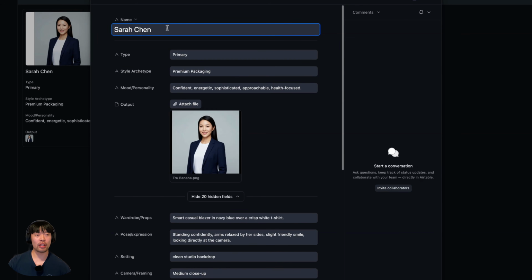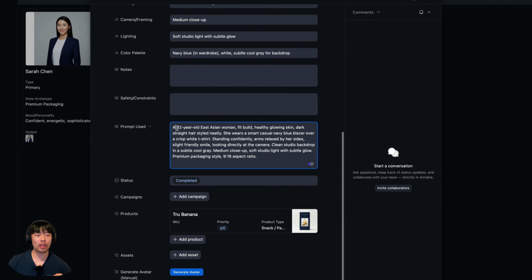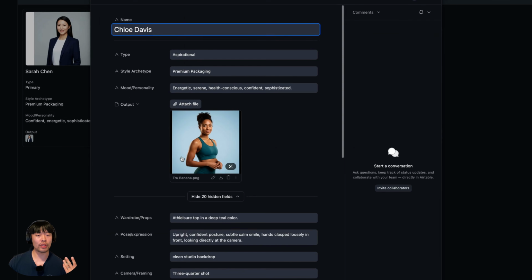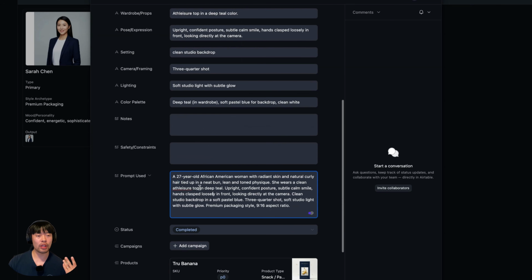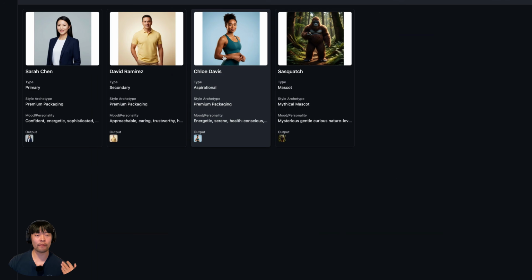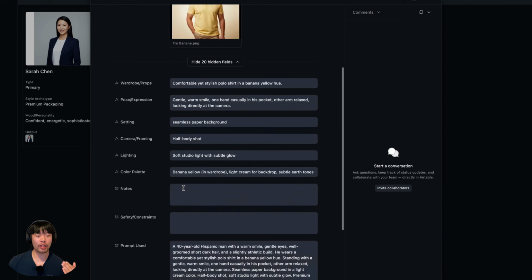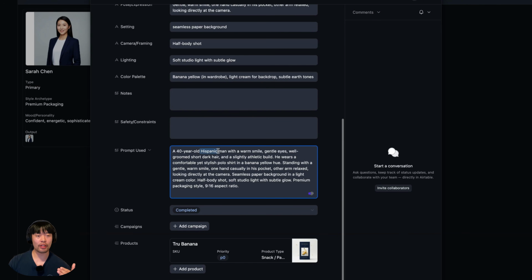As you can see, the first profile is Sarah Chan. And if you see this prompt used, 32-year-old East Asian woman, fit, healthy, glowing skin, dark straight hair, and everything here, and standing confidently and like this. And if I show another lady, she's a 27-year-old African-American woman with radiant skin. She looks very healthy. And this guy looks very confident and healthy too, but a different age range and different ethnicity,